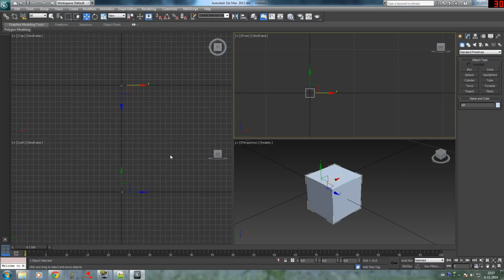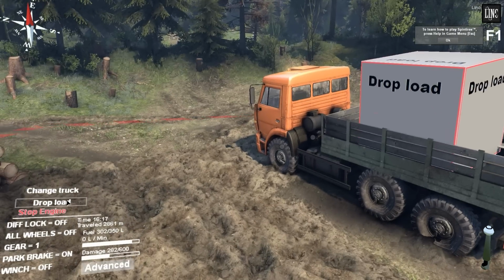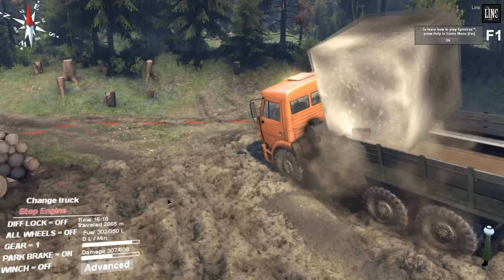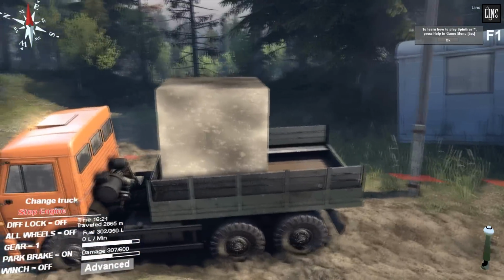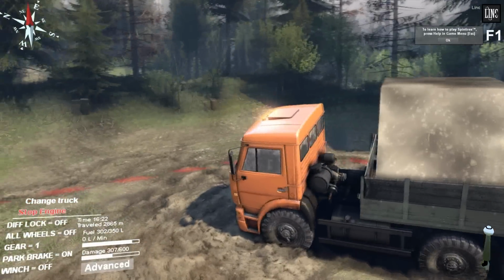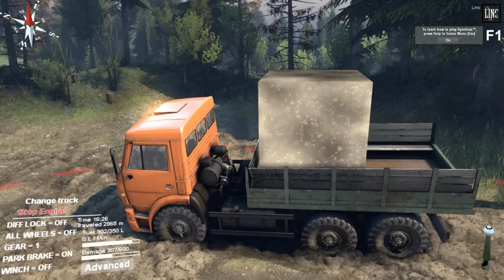Now if we load Spintires again and drop this load, we have a box that flipped really nicely into the back of my truck. So you can make anything you want, and this is a simple box. And I modeled the pillars,